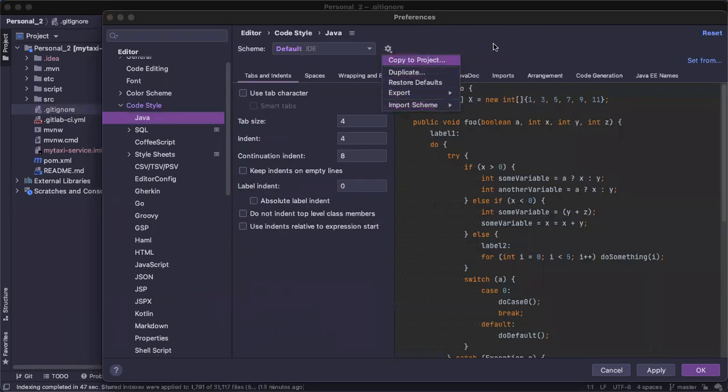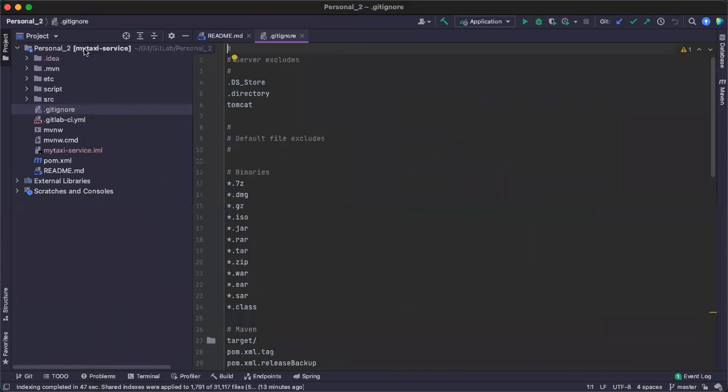And one more point to highlight in IntelliJ: it will come with a default tab size. Sorry, tab indent, what is it? I forgot the name. Tab space? No, what is it? Indent. Indentation, yes. So here it will come with the default indentation of spaces. I'm confusing too much. Let me create a file here.